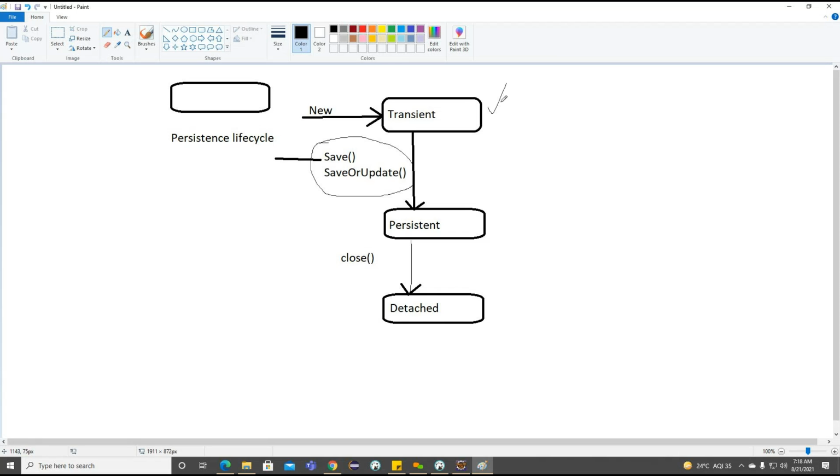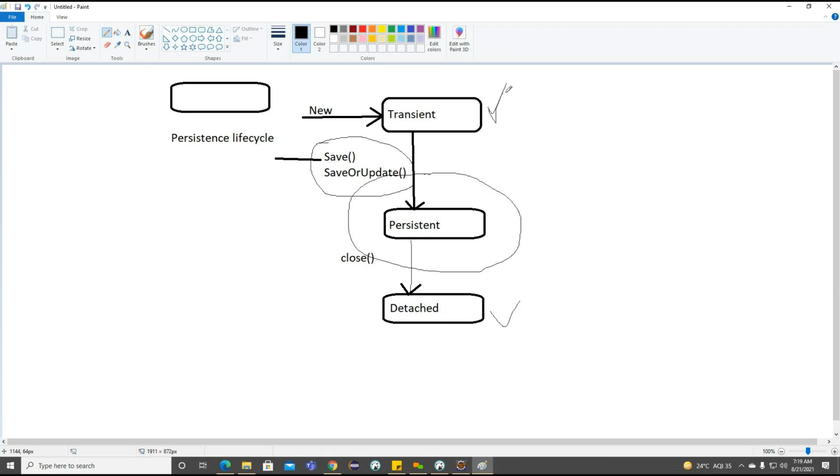Now, in the transient state also, these objects are not associated with any database. In the same way, in the detached state the objects are not associated with any database, because the session is closed. What you should understand is that whenever these objects are persisted, only then can we perform the operations.